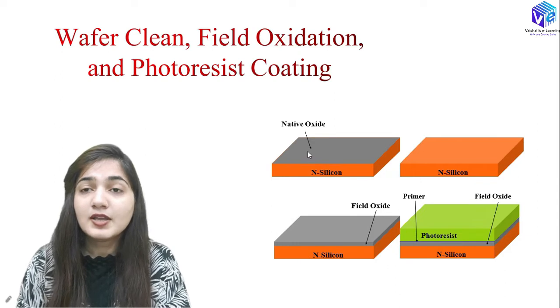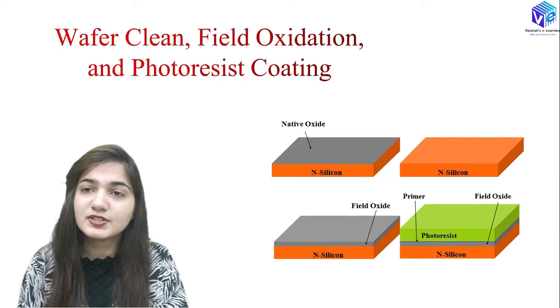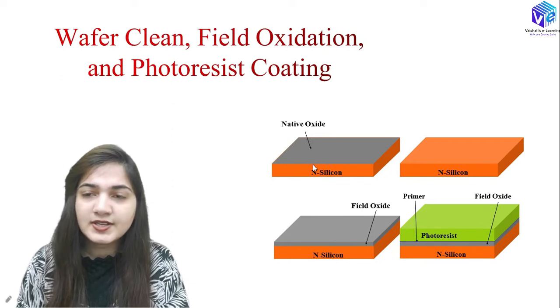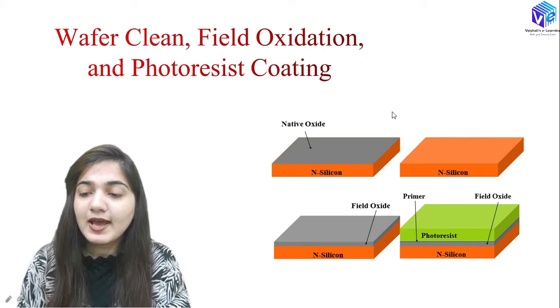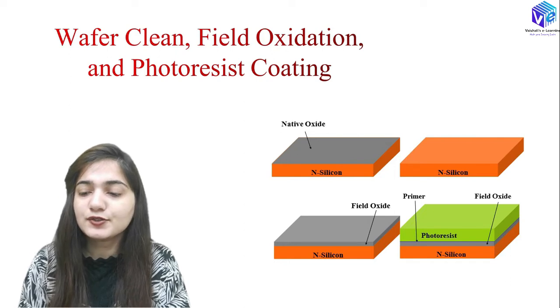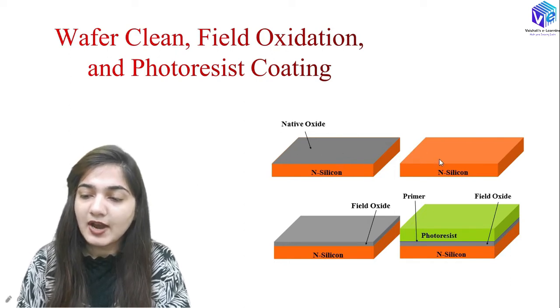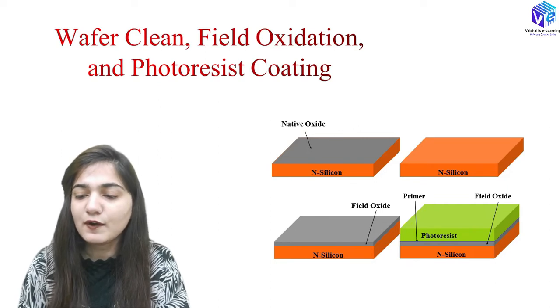Now some of you must be having this doubt: if I had native oxide, then why did I add two steps? Because the native oxide was not of the desired thickness. So first of all I will be removing it, plus the composition was also not desired, right? So first this native oxide is removed, and after that the chip is cleaned, and after that we will again go towards the oxidation phase, which is called the field oxidation, right?